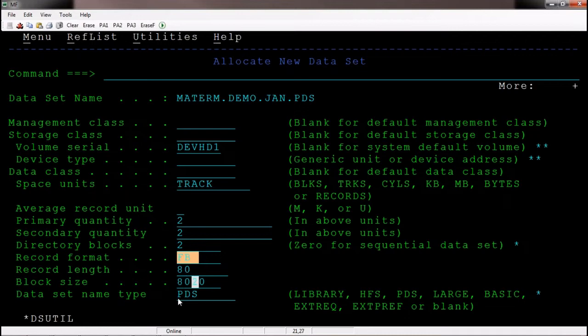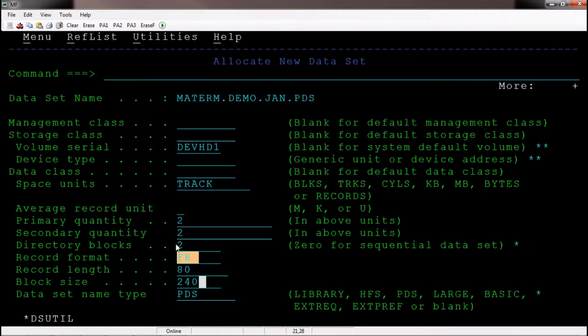So I am giving 800, or we can give 160. 160 divided by 80, yes, we are able to divide. And 240 is also valid.